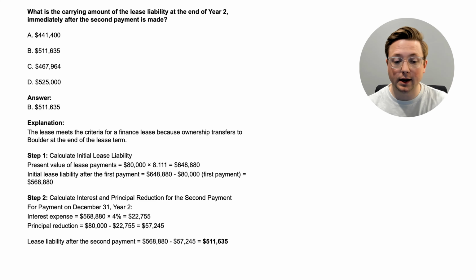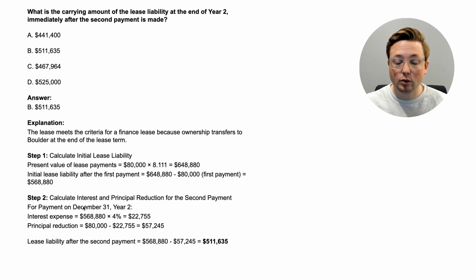So now we're going to calculate the December 2 payment and everything like that. To do that, first we have to take the amount of the lease liability that there is remaining, $568,880 after the first payment, multiply that by the 4% interest rate, and that gives us $22,755 of interest. Now we take this interest and we subtract it from the lease payment that there's going to be each year, so $80,000, that's the full payment, less $22,755, and that gives you a principal reduction of